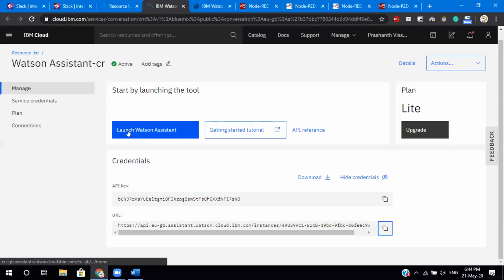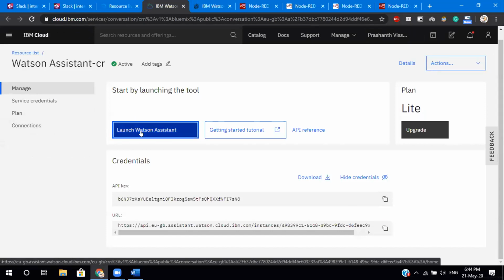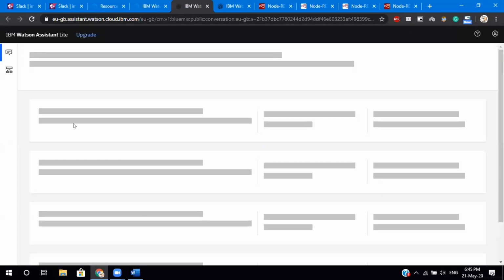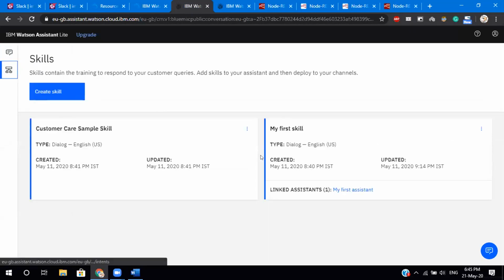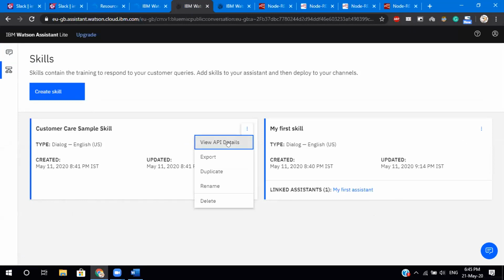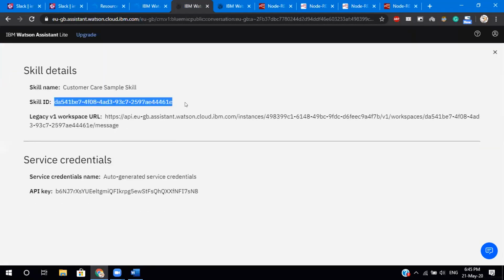The skill will come after you launch the Watson Assistant. To the left, you will be able to see assistants and skills. Click on skills. You might have one skill, you might have 3 to 4 skills, it's up to you. Click on these 3 dots, view API details, and you'll be able to see the skill ID.